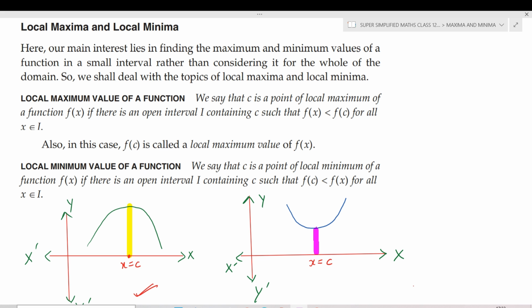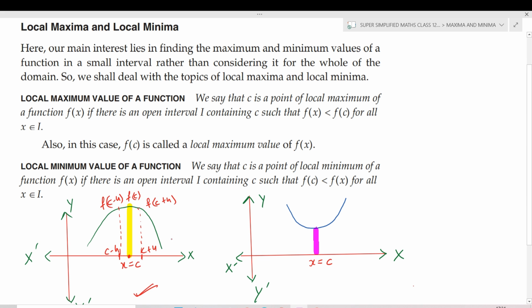So here I am not interested in knowing whether the point is of absolute maxima or not. I just want to know whether the value of the function is maximum at this point in its neighboring points. Neighboring points means the points which are very near to c, to the left of c and to the right of c. If I try out the value of the function at all those points, I notice that the value of the function at the point c is maximum, because I can see that the height of f(c) is more than the height of f(c+h) or f(c-h).